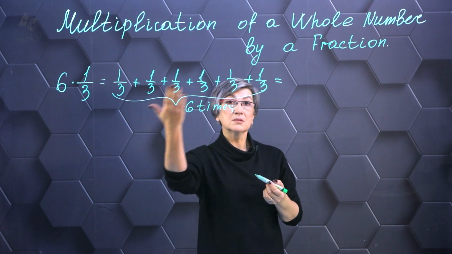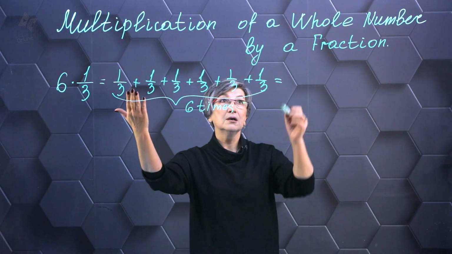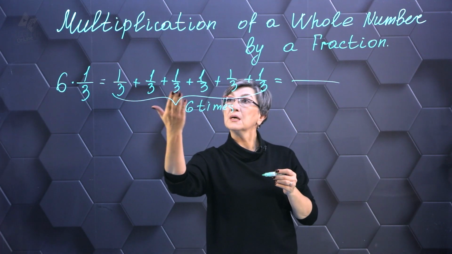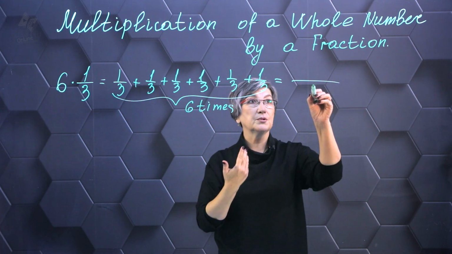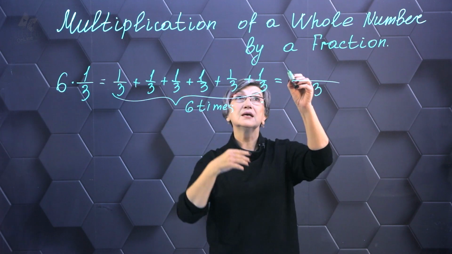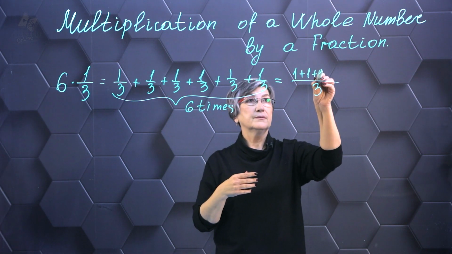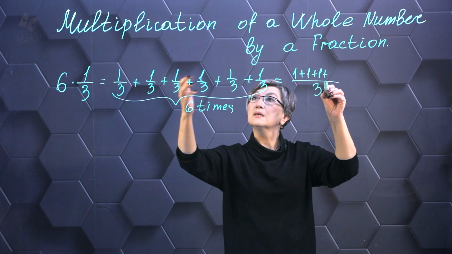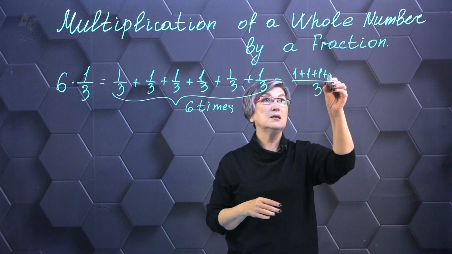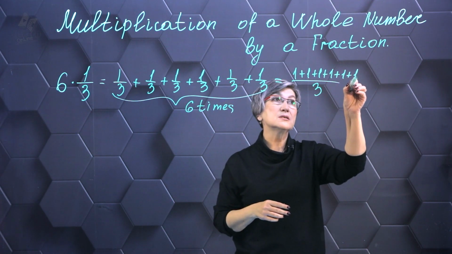So what do we have here? The denominator is 3 everywhere. I write 3 and I add the numerators. So 1, 2, 3, 4, 5, 6, and I end up with